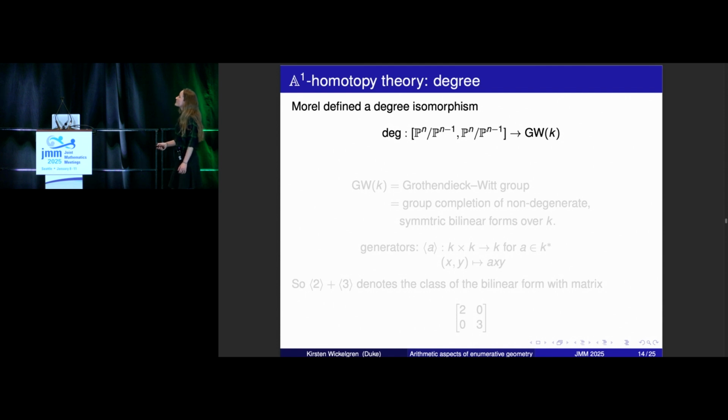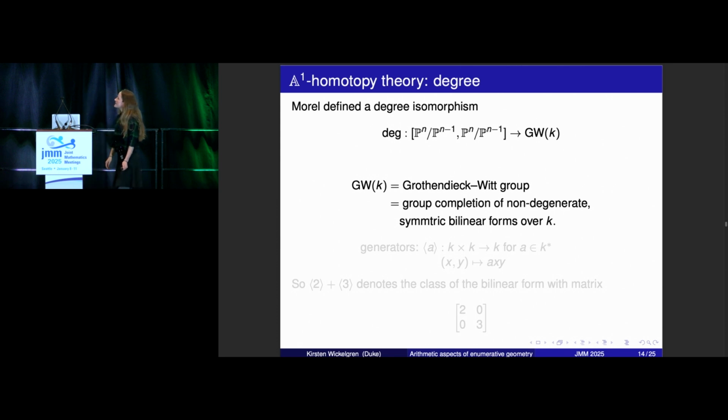It's fundamentally arithmetic. So it's this Grothendieck-Witt group. And it's defined by taking bilinear forms over K. So a bilinear form is a quadratic polynomial in some number of variables called the rank, or it's a bilinear map on a vector space across itself, and symmetric means the form is the same. It corresponds to a symmetric matrix of non-zero determinant. And then group completing means we are allowed to subtract bilinear forms in a formal way. So that's the Grothendieck-Witt group.